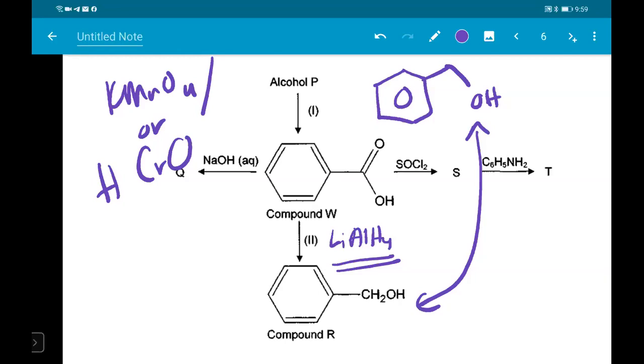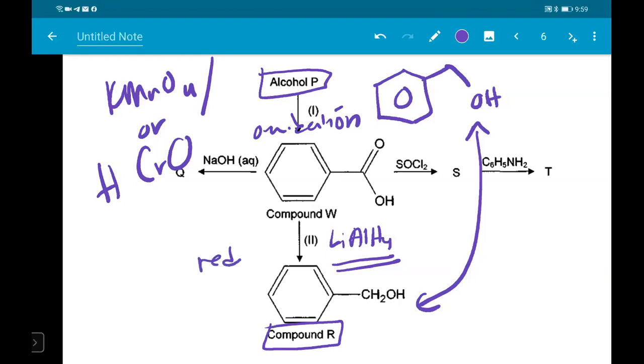Sekali lagi saya tegaskan, alcohol P is the same as compound R. It's the same thing. Cuma sekarang ni the difference is alcohol P undergoes oxidation while compound W undergoes reduction, compound R. Okay, so basically again I would like